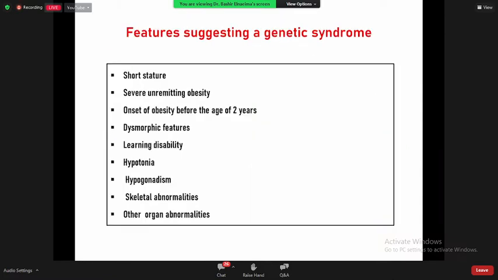This is the important point in examination. So there are certain features that suggest a genetic syndrome or a pathological issue. If the child is short, having severe unremitting obesity, and his obesity started very early, before 2 years of age, he's having some sort of dysmorphic features, he's having learning disability. If the child has more than that, hypotonia, hypogonadism, skeletal abnormalities, other organ abnormalities, this can give you a clue. This child does not have just an exogenous obesity, he has pathological problems, and you need to look for